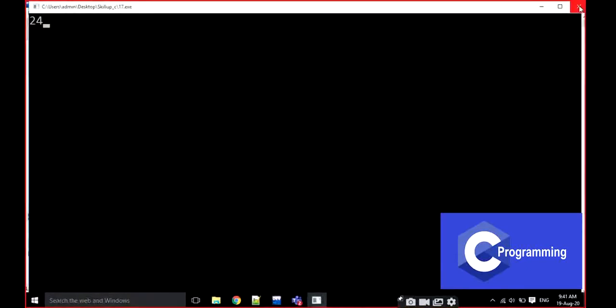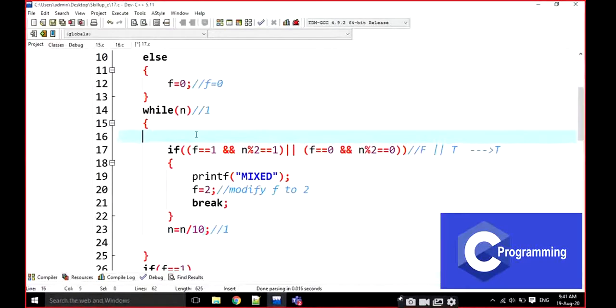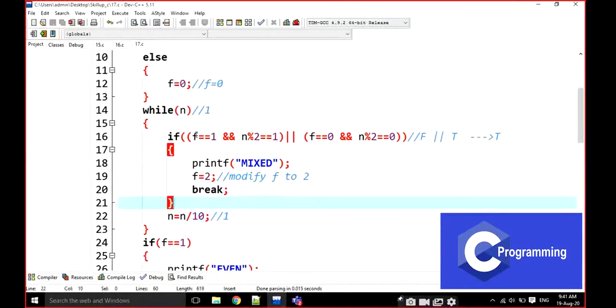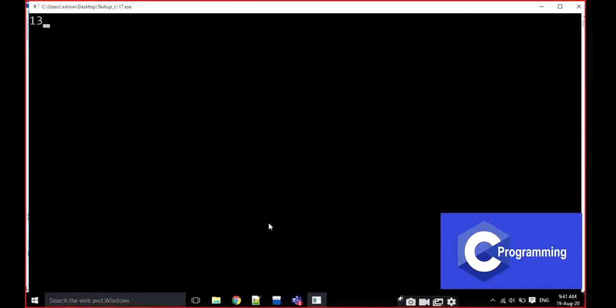4, 2, 4. It is going to be an even number. Yes, we can write this way also, without using r. Why is it showing this? Anyone guess here? If I am writing this line at this position, it is going to be an even or mixed. What is the error here? Why is it going for the mixed one? For example, if I write here 1 3 and 1 3, it is going to give some mixed result.